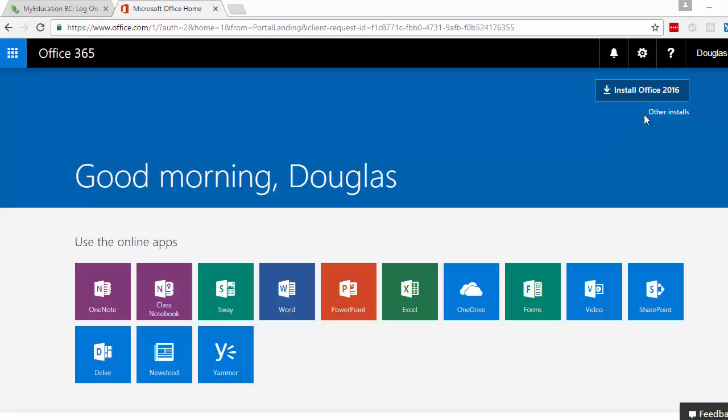If you haven't done it already, you probably want to install Office 2016 on your home computer if you don't have Office. I don't think there's a big difference between 2013 and 2016. I haven't installed Office 2016 on my work computer yet. Anyways, if we go to OneNote,